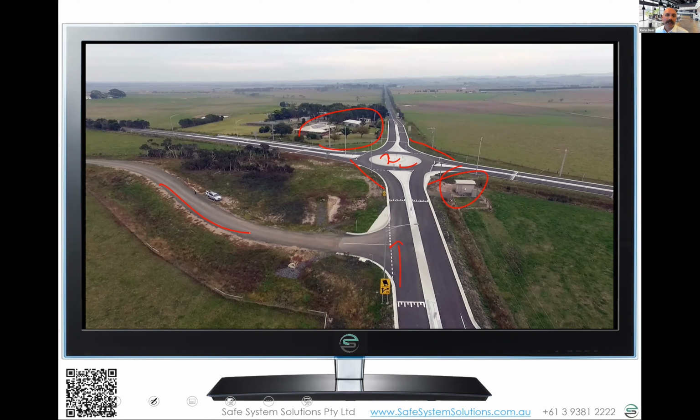So again, I'm not going to get into the details of the design of this. There's lots around that, but the principle is we're not going to accept leaving this high speed, high energy conflict area. We're going to push to get something in there that reduces those speeds, improves the angles, and gets us really significant alignment with safe system principles.